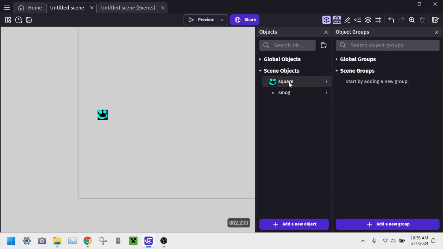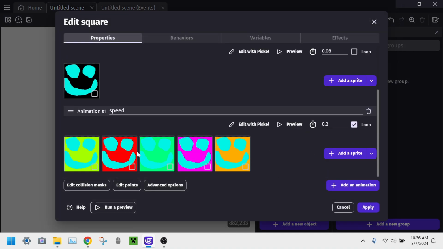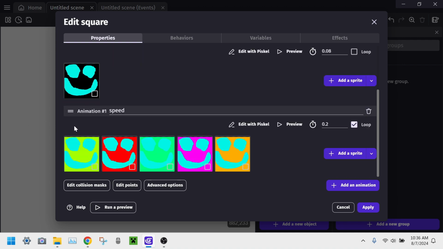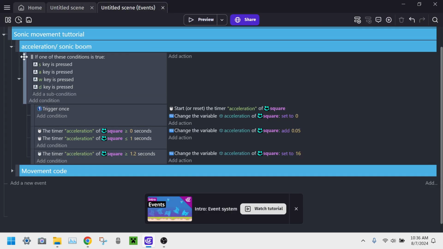Okay, so now I'm going to have a costume change system. So basically, if we are not moving, it'll be idle. And then if it goes into sonic boom mode, it will change to this rainbow animation, also named speed. So how do we do that? Well,